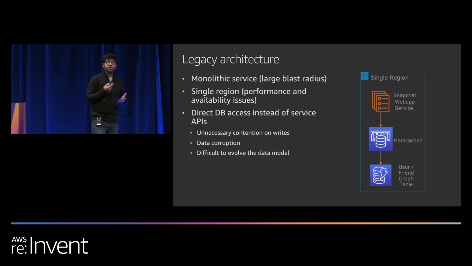And finally, since we were in a monolith, we had other external service teams within our monolith accessing our user and friend DB directly instead of going through our APIs. And often, they would use parts of our data that we would have considered implementation details. So this made it very hard for us to evolve our data model, especially as we evolve our product over a span of like 7 years. So these were the problems that we set out to fix as we built our new architecture.